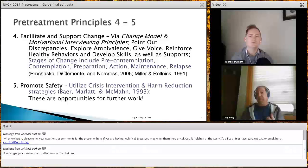What I say to my team all the time is we must embrace the crisis, because the crisis is a real opportunity to connect people to the treatment that they need. If you think about harm reduction, we're going a little more slowly. We're working on melting the pre-contemplative iceberg. But when a crisis occurs, we can be more directed. So it's a more directive stance, and there's more of a concern there because someone might actually get hurt,